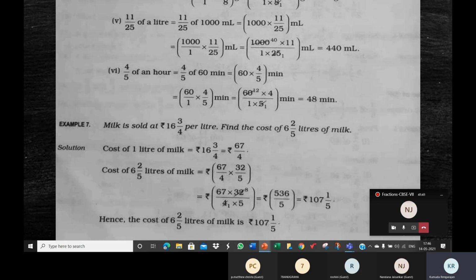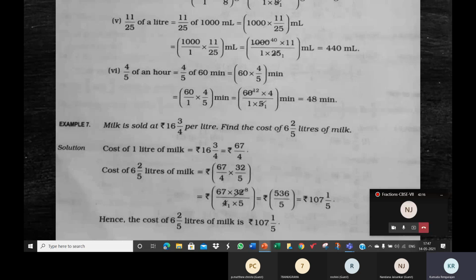How much will you keep aside for 4 liters? You'll divide 16 by 4. 4 rupees you'll give him. 16 rupees divided by 4 liters. You want to buy 4 liters of milk, and 1 liter is 16 rupees. So somebody said division, 16 divided by 4, 4 rupees? No, it can't be 4 rupees. Okay, let's add 16 plus 4. 20 rupees for 4 liters? No, children, kindly disable your mic.